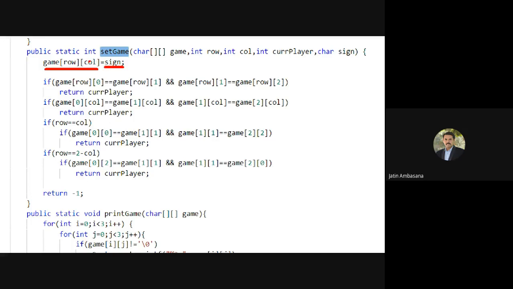Once the user enters this sign, it will be checked for the whole row value, here it will be checked for whole column values, and here it will be checked for row equal to column.